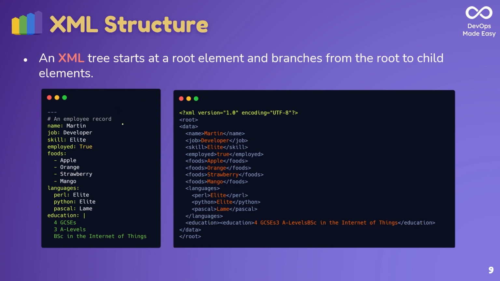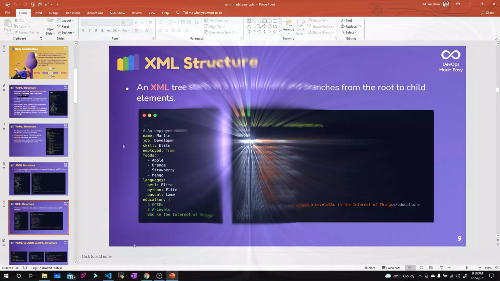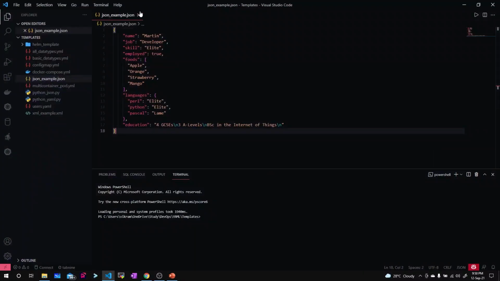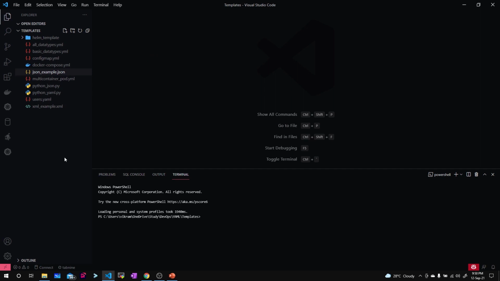So this is how you convert YAML to XML. You don't have to convert it manually. We have multiple online tools for converting this. I have here the complete list of resources given in the form of YAML files and JSON files. I have the Python examples for parsing the JSON and the YAML files, and also all the data types that we are going to see in this YAML tutorial are given as a single file, including the basic data types. And I also have an example Helm chart, an example Docker Compose file, and a multi-container pod manifest file